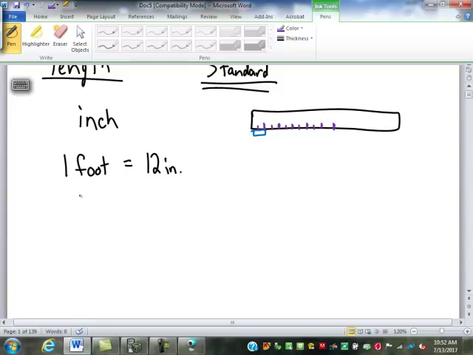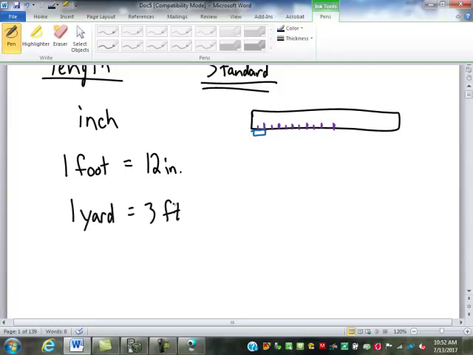So bigger than a foot. We talked about the cubit. We talked about the hand being smaller, but ones that we actually use bigger than a foot. What do we have? A yard is next. How many feet are in a yard? 3 feet. Now again, that had to be adjusted, and we use the yard for a lot of things now,